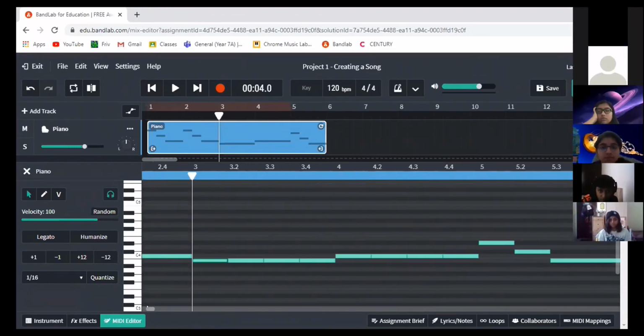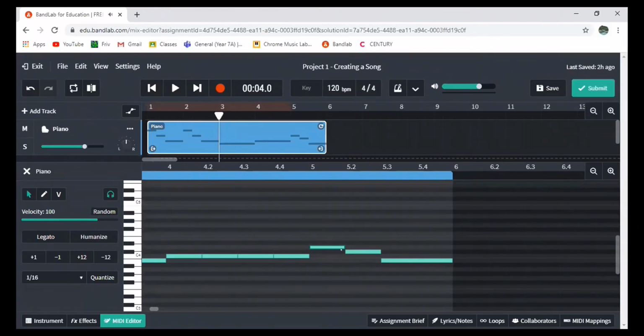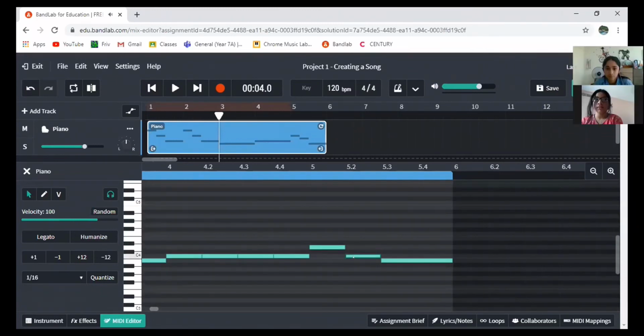Why can I not see where you are? No, it's gone too low. Not the C note, yes. The D note, something is not correct.